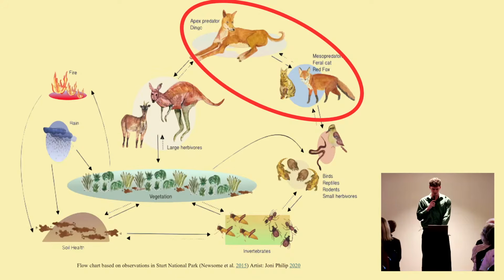And tonight, I'll be focusing on just one aspect of this, otherwise we'd be here all night. And that's going to be involving the predators in the ecosystem, or the primary predators, that being the dingoes, red foxes, and feral cats. So we know the dingo is the apex predator, but the foxes and cats are what we call a mesopredator, and that just essentially means they're a lower ranking predator within the ecosystem.